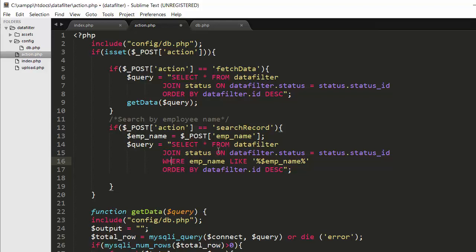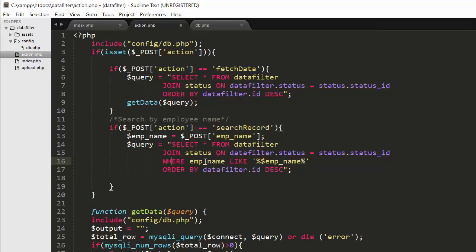Okay, so select star from data filter, and I'm joining the data filter table with the status table by considering status ID as a common field between both the data filter and status table. Okay, and I'm using a where clause, and in that where clause I'm trying to get the data based on the emp name.